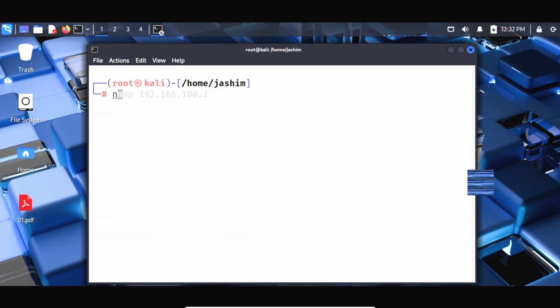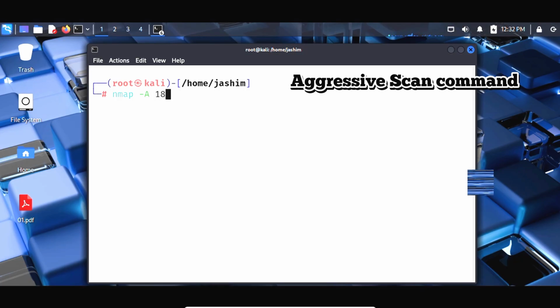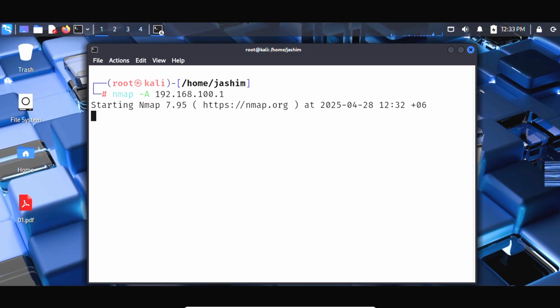So I am going to the aggressive scan command. This will show you aggressively all the ports and all the available ports from the server or that specific IP. So this is called an aggressive scan, and -A is for aggressive. This is my router